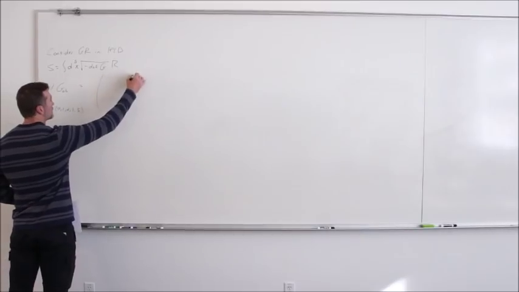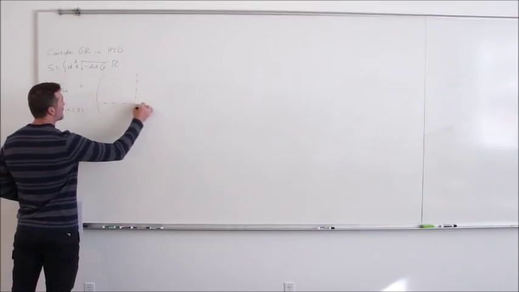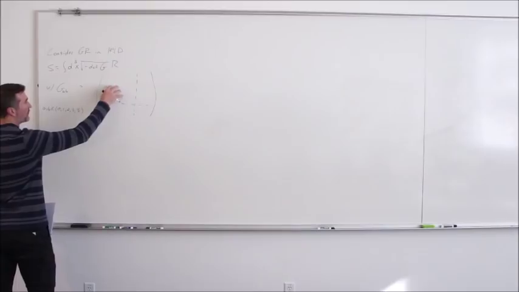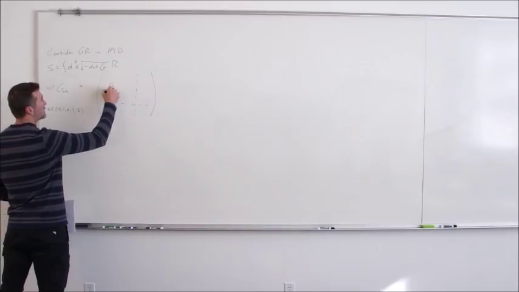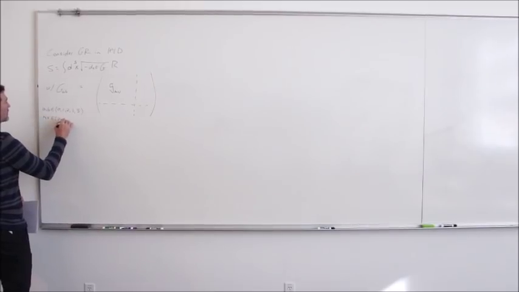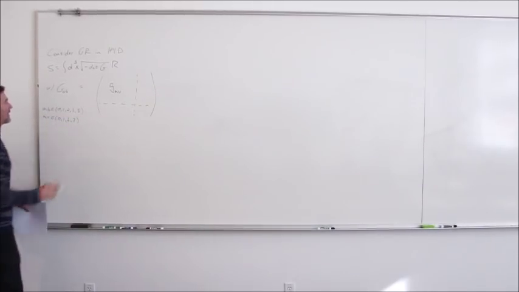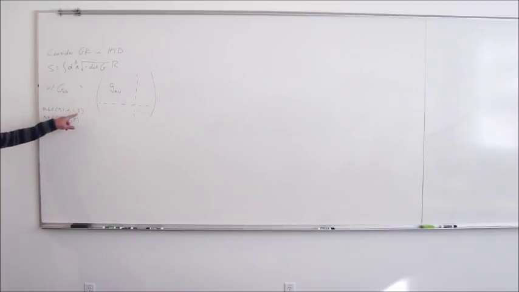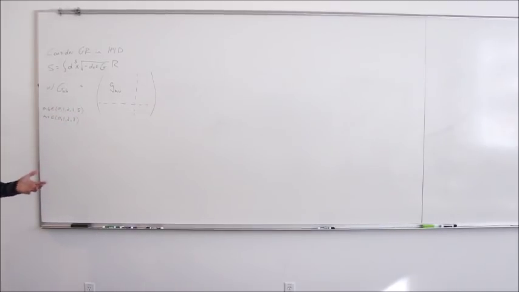So I'm going to start by peeling off a 4 by 4 piece here, and I'm just going to call that G mu nu, where mu nu take values 0, 1, 2, and 3. The weird notation here is we are in 5 dimensions, but relativists have this really bad habit of calling time the 0th dimension. They're just labels. They don't mean anything weird. So when I want to refer to the 5th dimension, I want to call it 5. But we have to call the 4 regular dimensions 0, 1, 2, 3. So that's the weird notation.